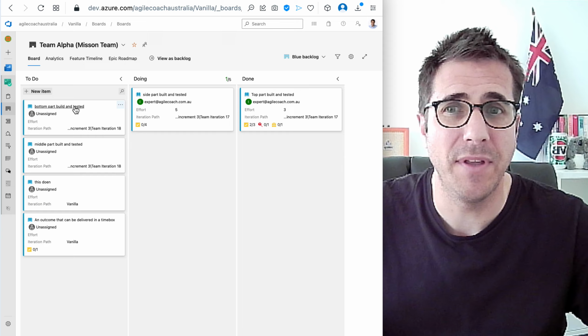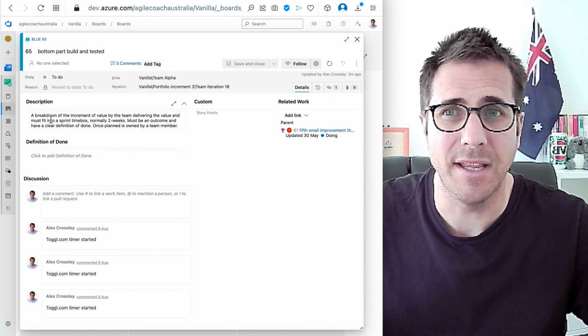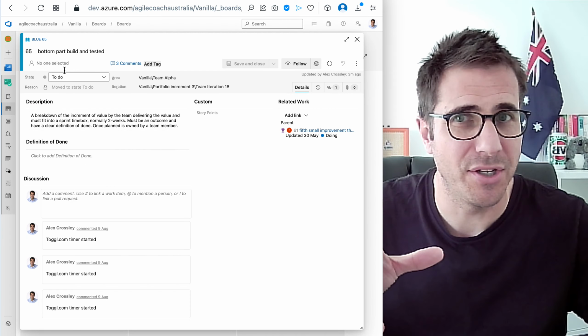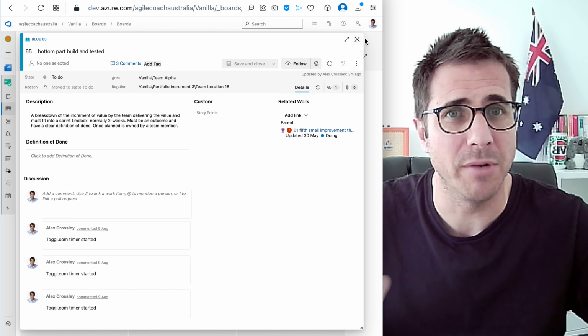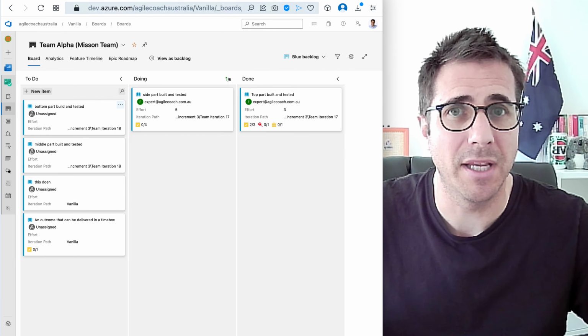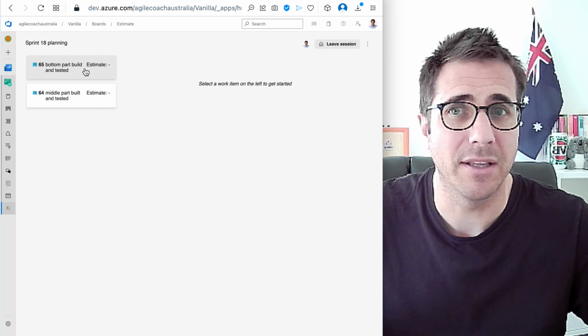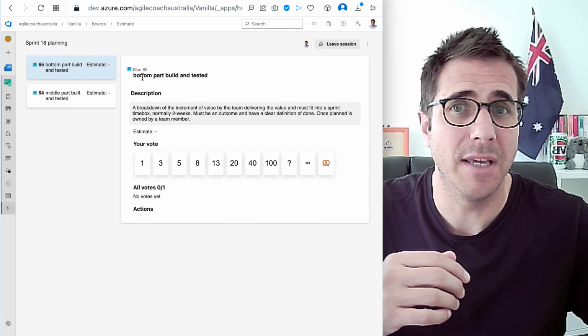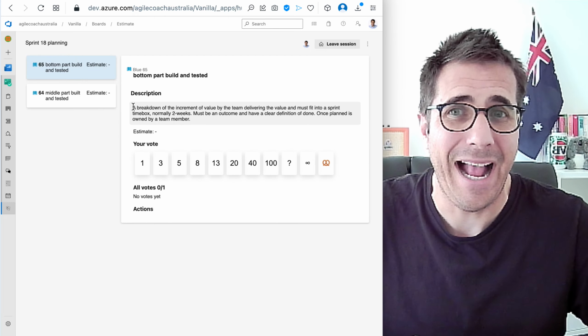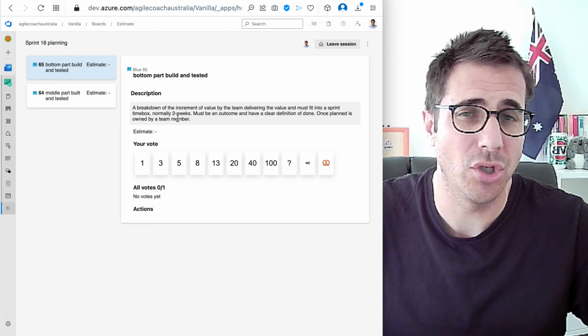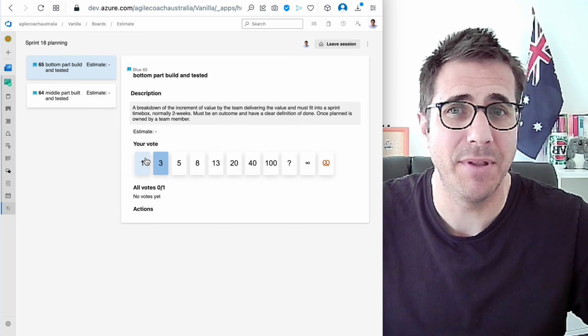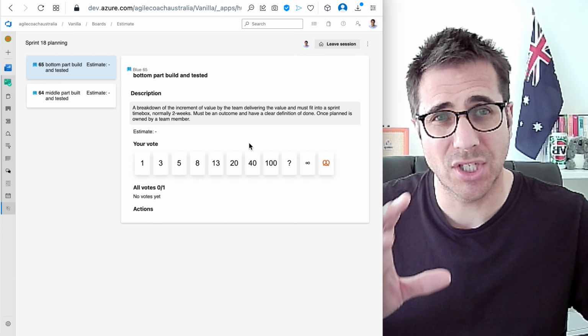Now if I click on one of these, I've got a description in here, a breakdown of increment value. That's not actually the description for building the bottom part, but that's what you'd be reading through. You don't need to keep clicking here on the estimate screen. When I click the top one, which is our highest priority, it gives you the title of the PBI and it gives you the description. So you would read that as a team and then you'd be voting on not just the size, but the